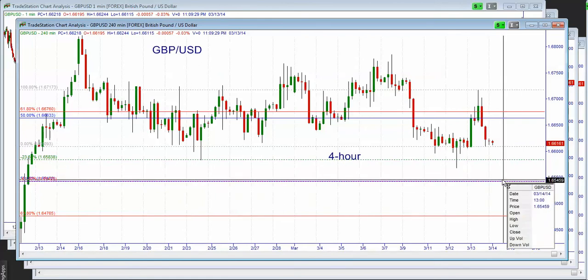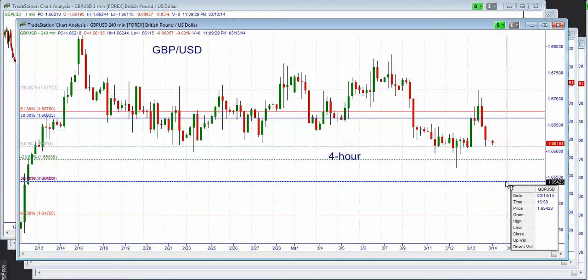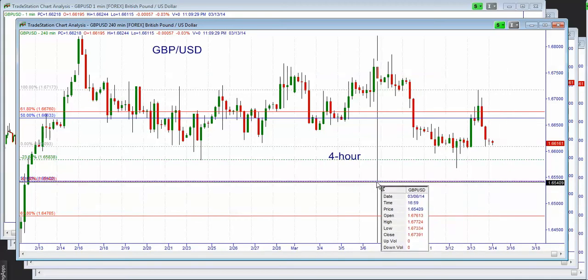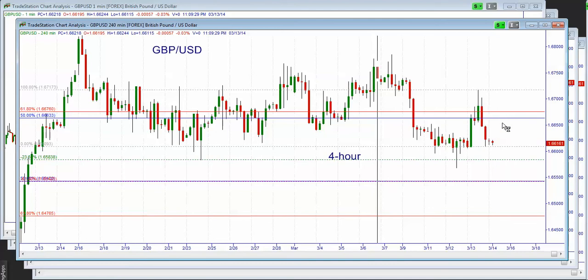Then look at the first target, and look at the second target that would actually line up with the level of support. So if we get this to 166.63, consider a short